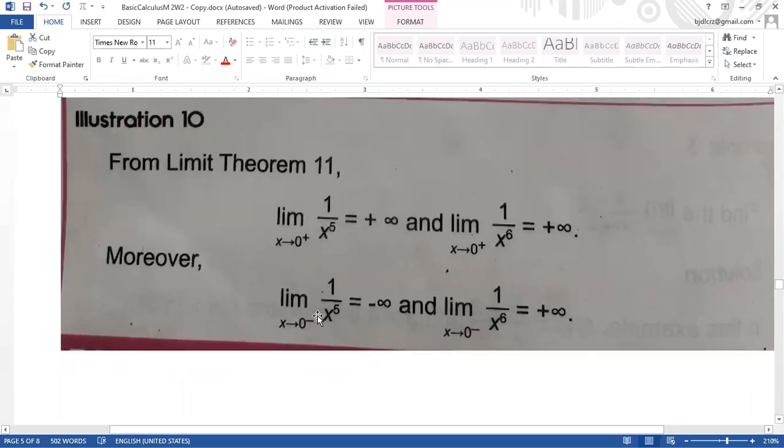Second example. This one is from the left. So from the left, then we look at the exponent of x raised to the power of 5, 5 is an